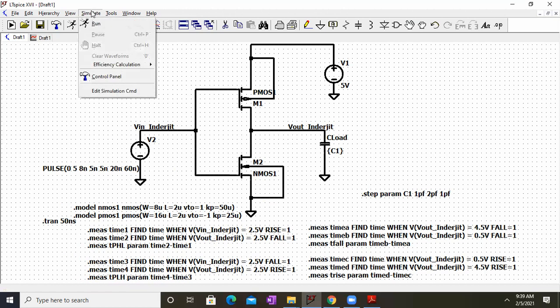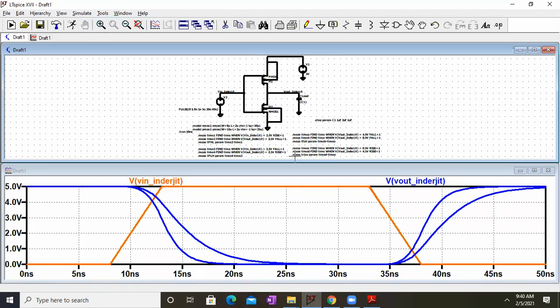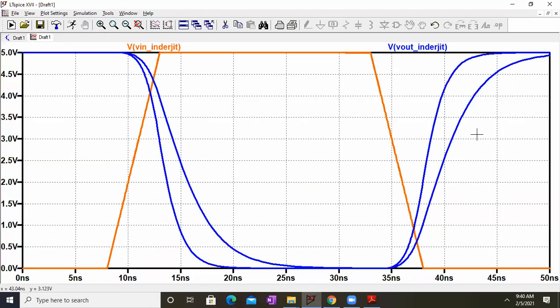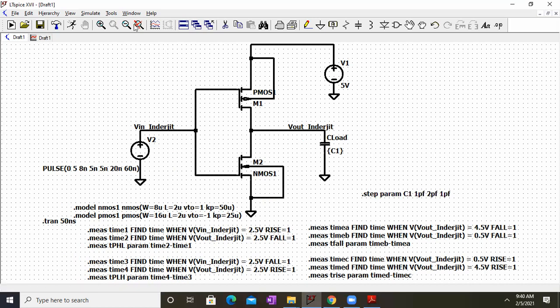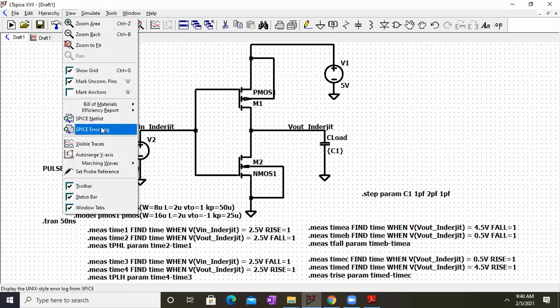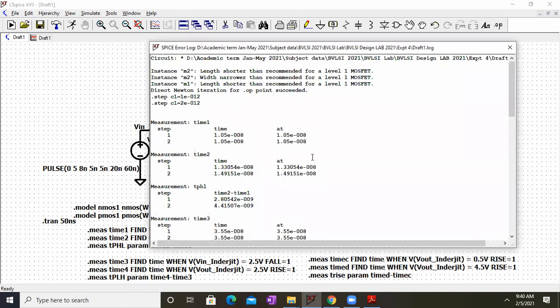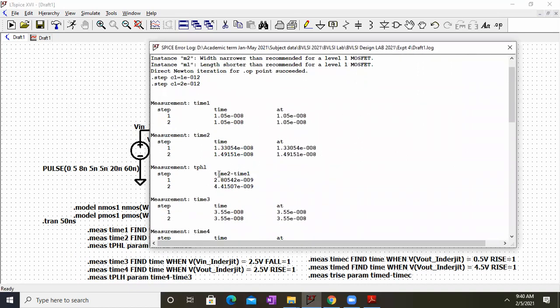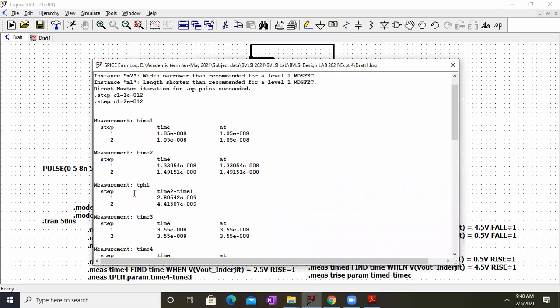And now I have to put it inside the curly brackets, C1, and if I run the simulation, it will give me results for two values. This is for 1 picofarad and this is for 2 picofarad, as you can see very clearly. Now the advantage of writing this .measure statement is as follows. It will give you directly the propagation delay for both cycles, I mean for step equal to 1 and step equal to 2. For 1 picofarad the propagation delay is this, and for the 2 picofarad, that is this.